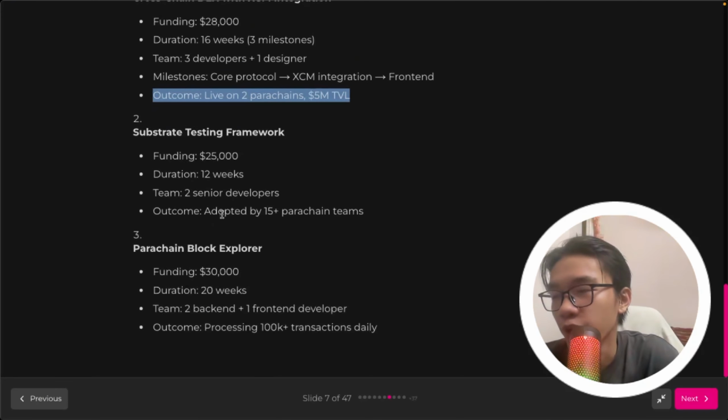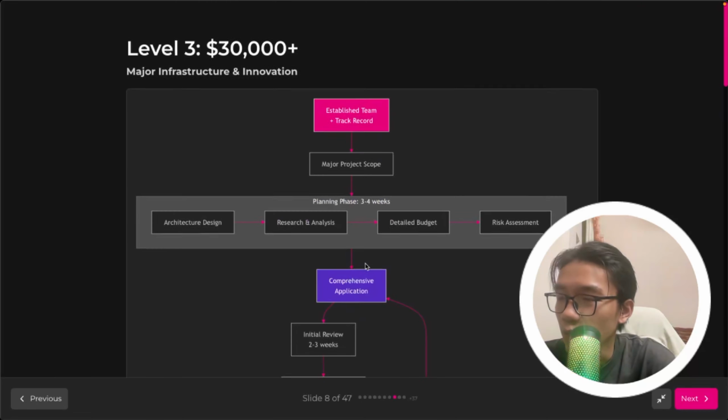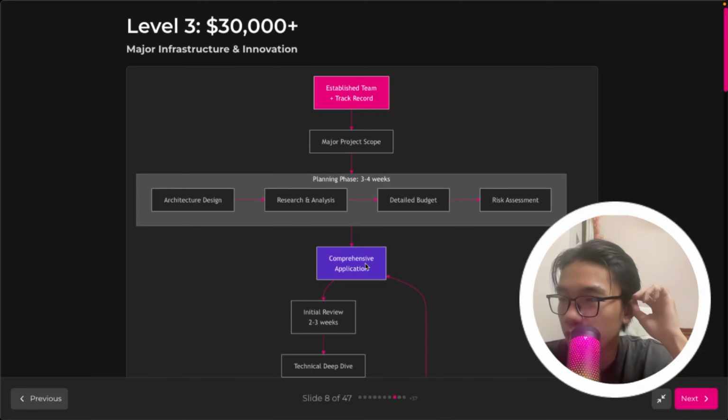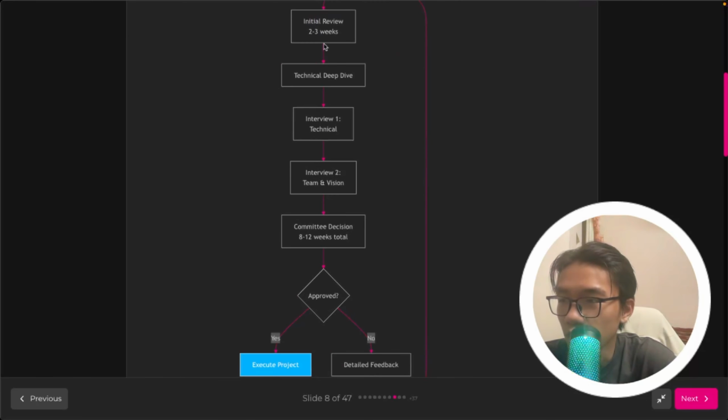Substrate testing framework, funding of $25,000, duration 10 weeks, and 2 senior developers. Now the last one would be level 3, where you can see right here it takes the planning phase a lot of weeks, and for a comprehensive application you have to go through a different process